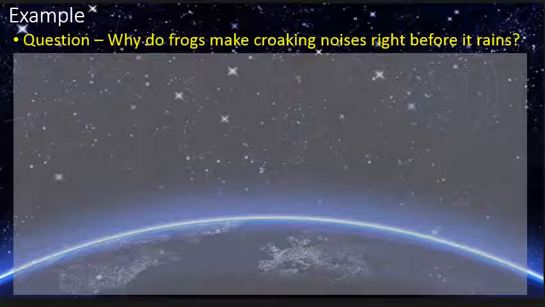So the first thing I'm going to do is come up with a testable question, because that's really way too broad. And I'm going to think about the weather conditions right before it rains. So I know it gets darker outside, the clouds increase, the darkness of the clouds, they go from being white and fluffy to kind of brownish and gray and sometimes black. The temperature can fall or rise, and that can be because of the wind, and the wind could increase or it could decrease. And then you've got a humidity change, and I'm going to focus on the change in humidity